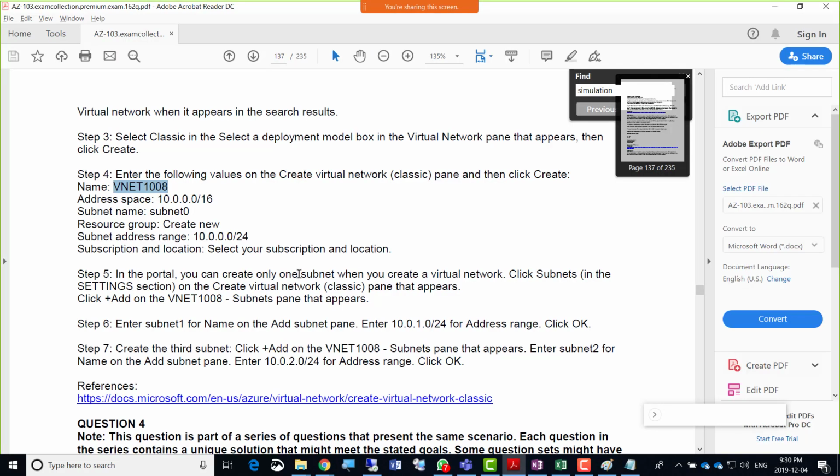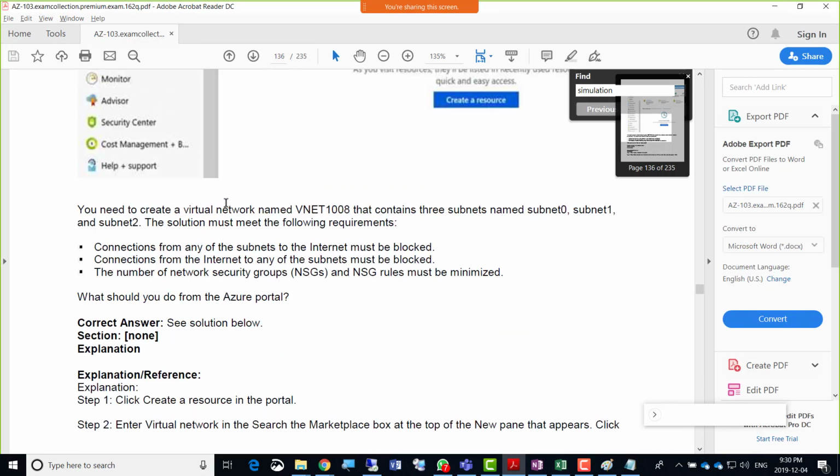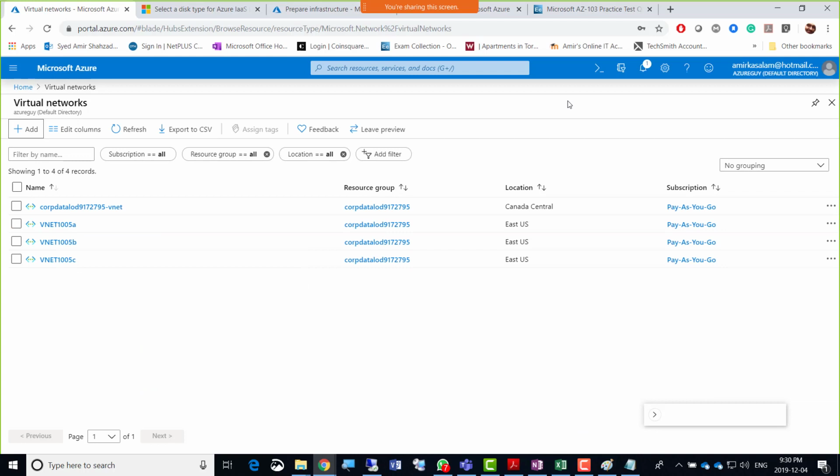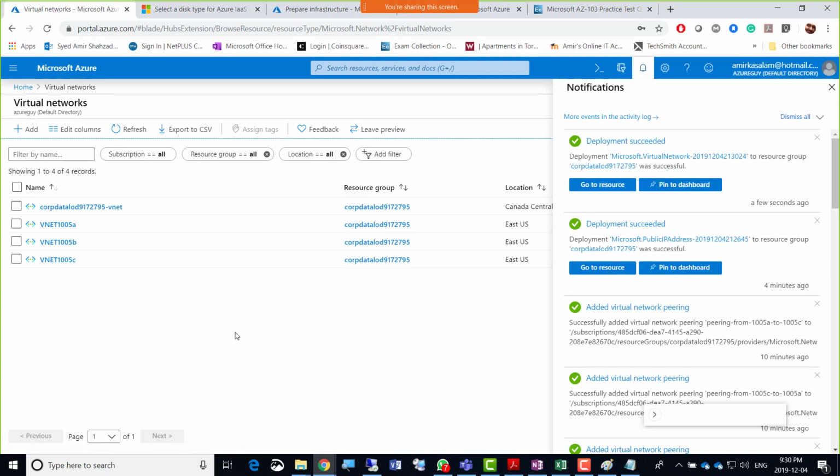So if I go to the requirements again, the number of network security groups and NSG rules must be minimized. Connections from any of the subnets to the internet must be blocked. Connections from the internet to any of the subnets must be blocked. Okay, while this is getting created, oh, it's already created. Wow, that was fast.